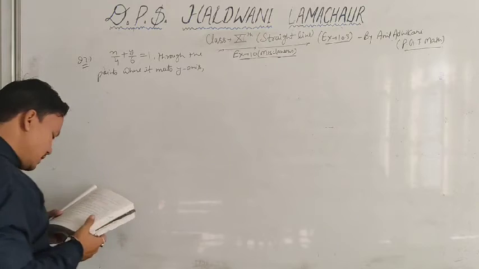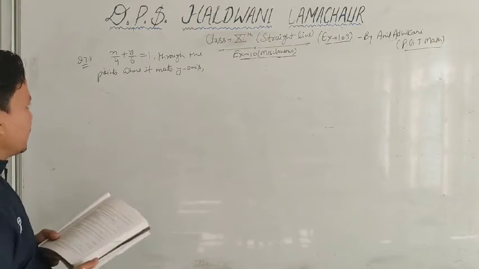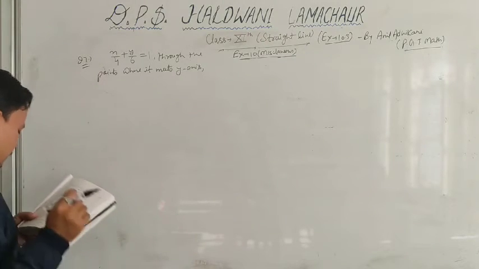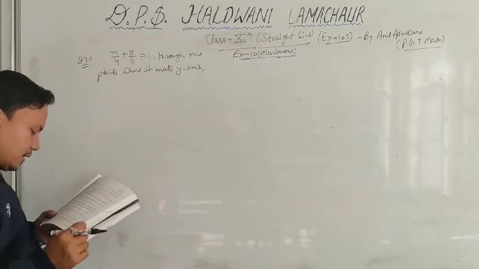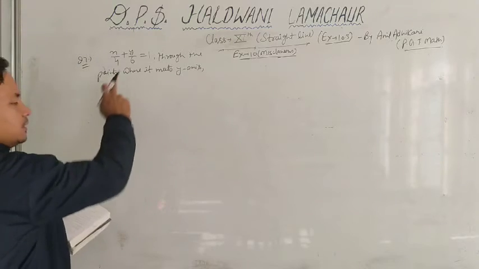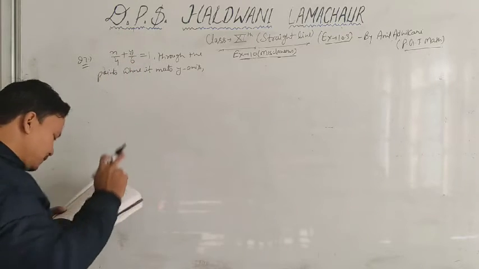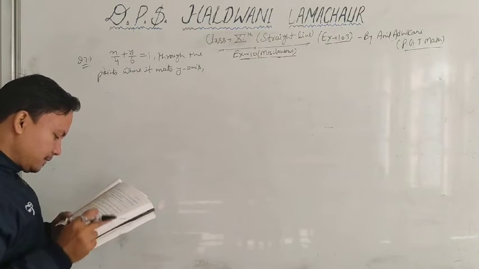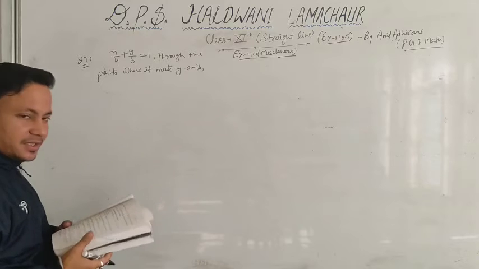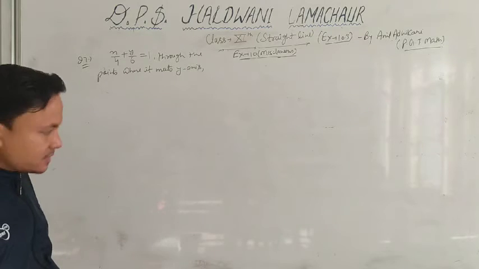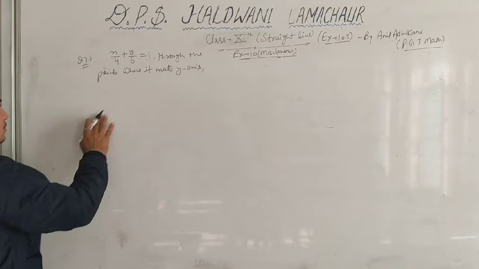So what is the question? Find the equation of a line. We need to find the equation of a line drawn perpendicular to this line. We have to find the equation of the line, beta, which is perpendicular to this line. Okay, perpendicular to this line through the point where it meets the y-axis. Which point? The point where that line meets the y-axis.